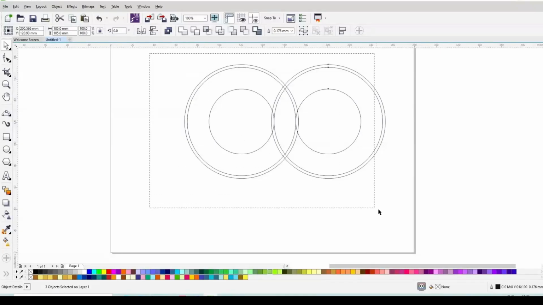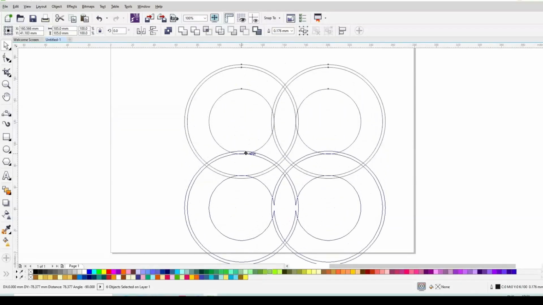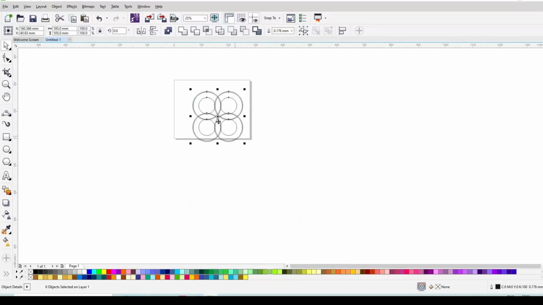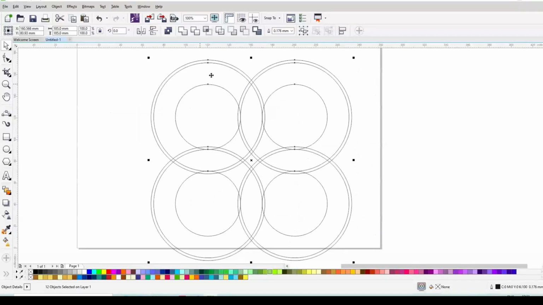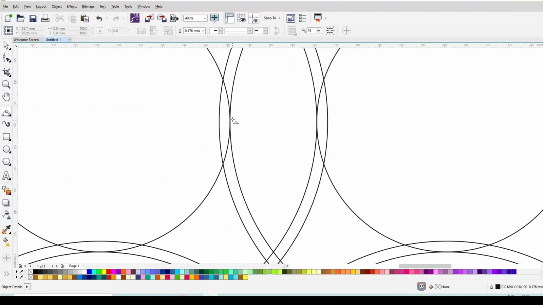Then I'll select both these circles, hold this quadrant, drag it, press Ctrl to maintain an alignment and drop it here and press right click to create a copy here. Select all these circles, group it and then select a 3-point curve tool from here and draw a curve like this from here